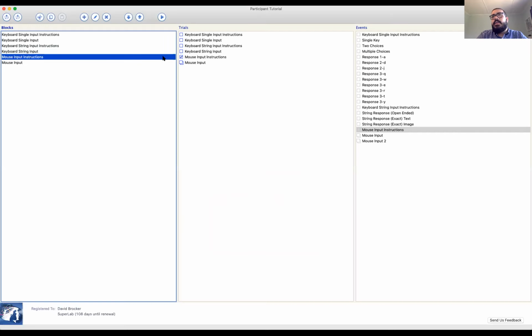Now, lastly, going on to the mouse input. And again, think about the mouse input in a scenario in which you're asked to select one thing over another. If I showed you, let's say, well, in this case, it's going to be money. So if it was some kind of task where I wanted you to choose some amount to take,